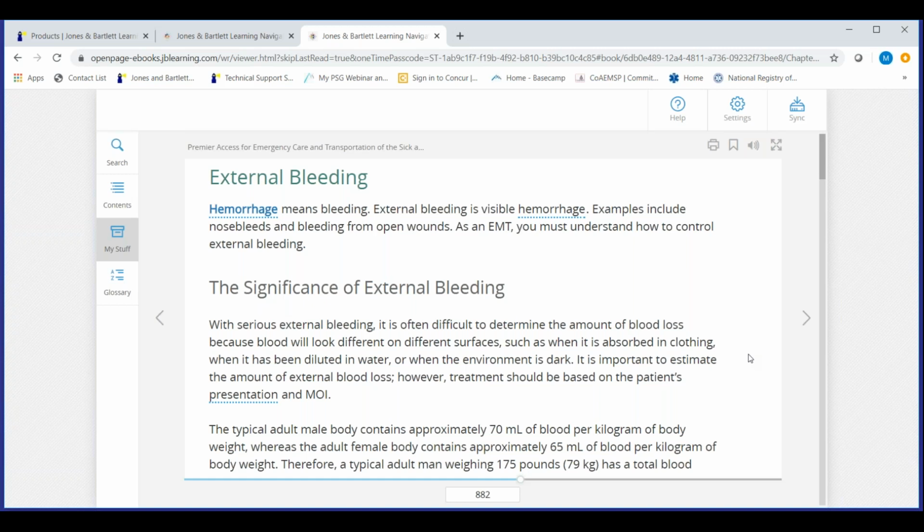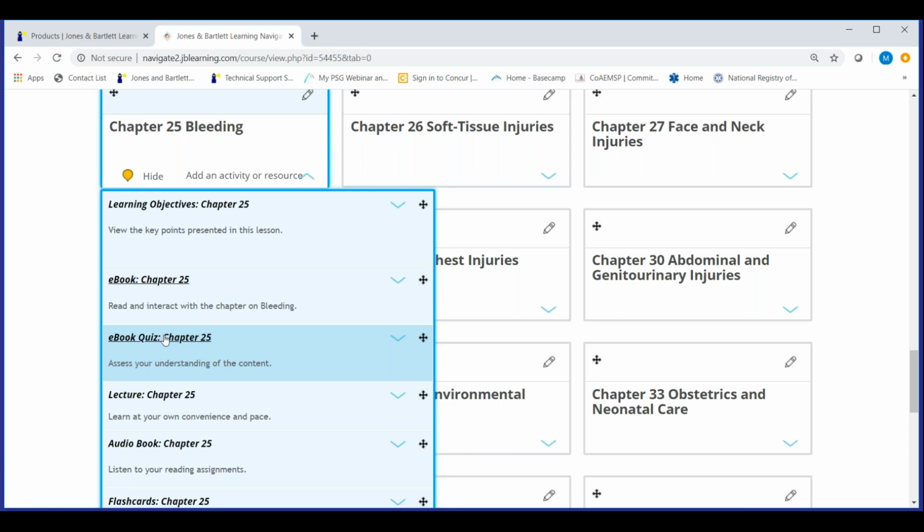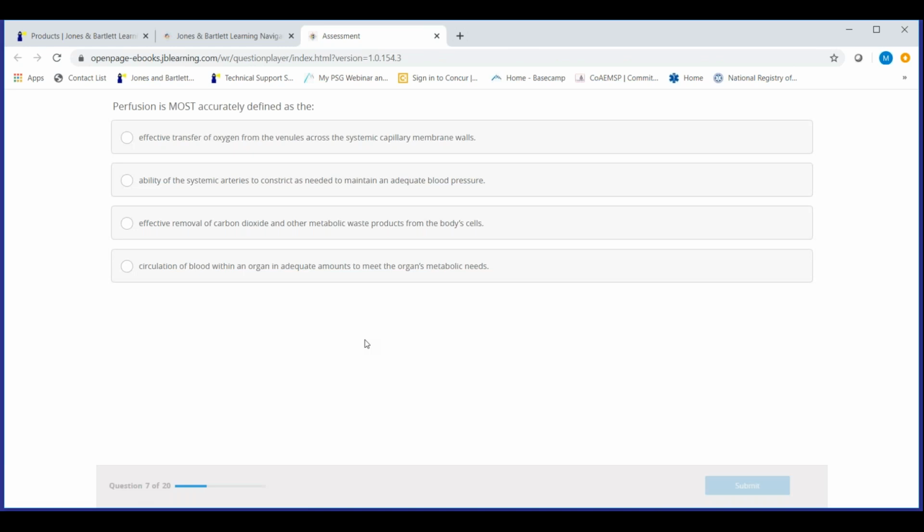At the end of the ebook, there is a quiz, and I'm going to close this and I'll show you the external link right here, Ebook Quiz. So this is at the end of every chapter. There are 20 question quizzes. They operate just as a standard exam, so the student can go through and take this quiz. At the end, they get results so they can see where they need to work and brush up. But the important thing is it reports to the grade book. So it reports to the student grade book and the instructor grade book. So you're able to track a grade on how well they performed in that ebook.